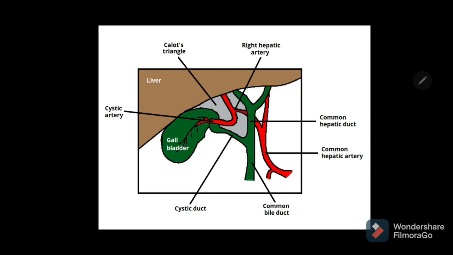And coming to the clinically significant Calot's triangle. Calot's triangle is also called as cystohepatic triangle. It is small anatomical space in the extrahepatic biliary apparatus in the abdomen. It is located near the porta hepatis of the liver, and you can notice here is the Calot's triangle formed between the undersurface of the liver, common hepatic duct, and cystic duct.